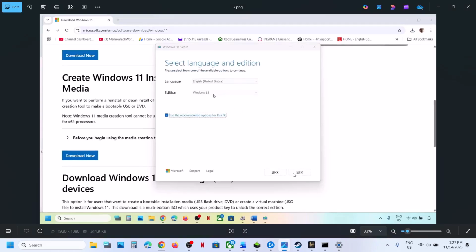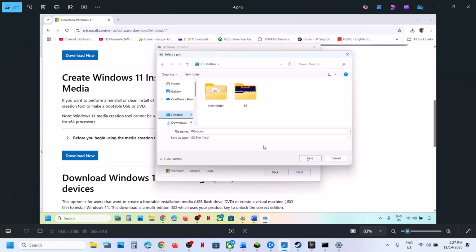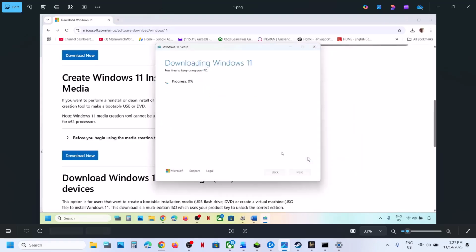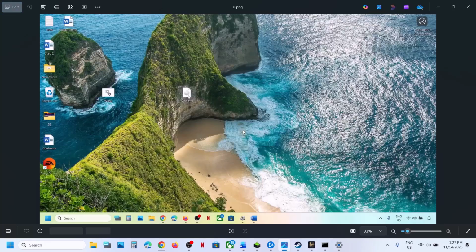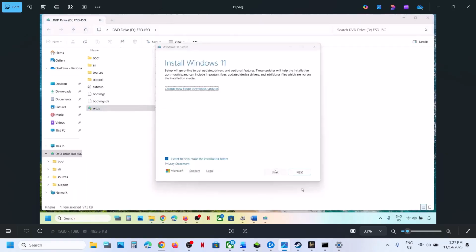By default, Windows 11 will be selected. Click on next. Select ISO file over here and then click on next. You can save it to desktop, save, and let the download complete. This will take some time. Once done, click on the finish option and then let it close automatically and then go to desktop, make a double click on the Windows ISO file, make a double click on the setup file, click on yes to allow, click on next,